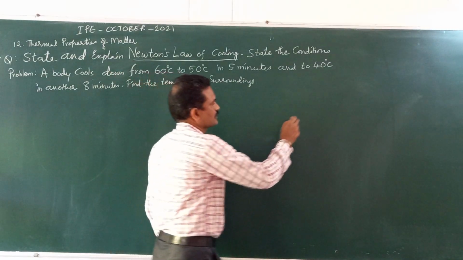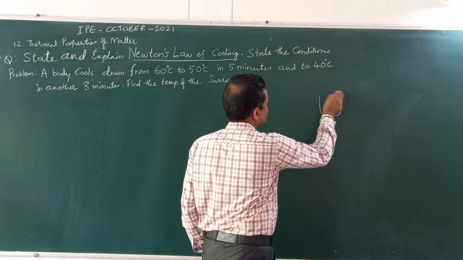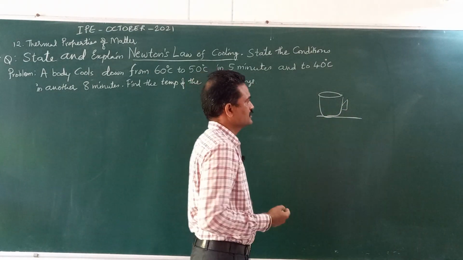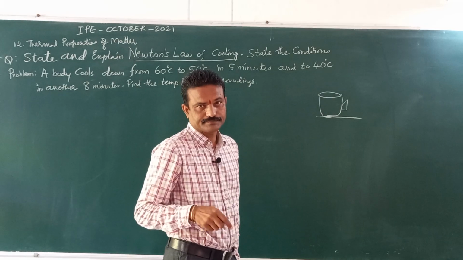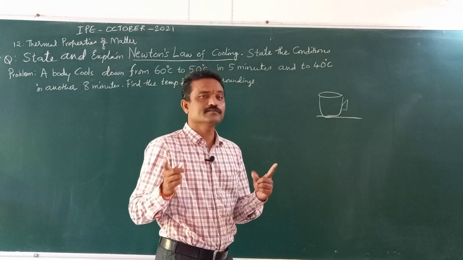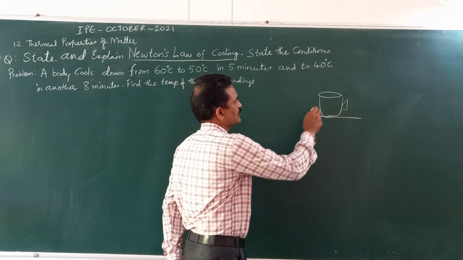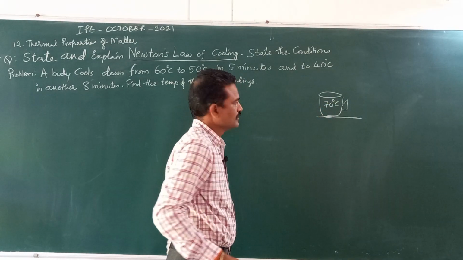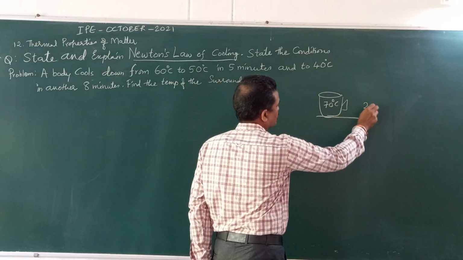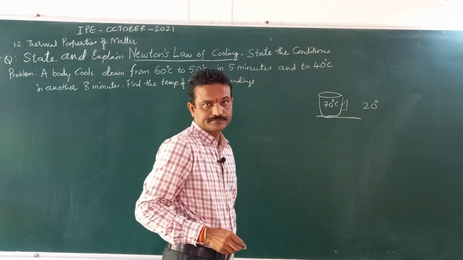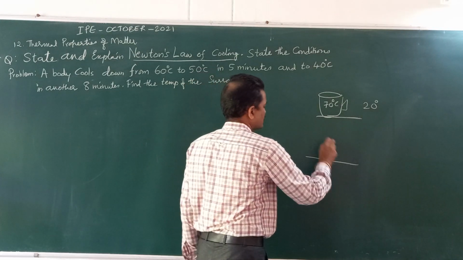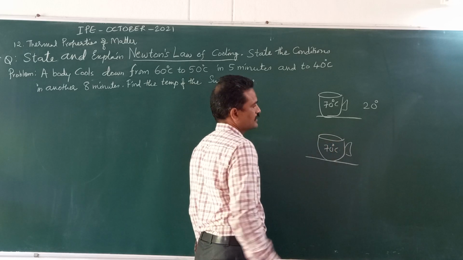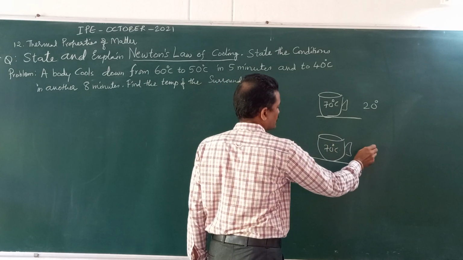See, if you take a hot cup of tea placed on a table, the same cup of tea is placed on the same table in two seasons. One is in summer and the other one is in winter. Let us say the temperature of the hot tea is 70 degrees Celsius. In winter season, the surroundings temperature is, let us say, 20 degrees Celsius. Whereas in the summer, same cup of tea with same temperature, let us say the surroundings ambient temperature is 50 degrees Celsius.